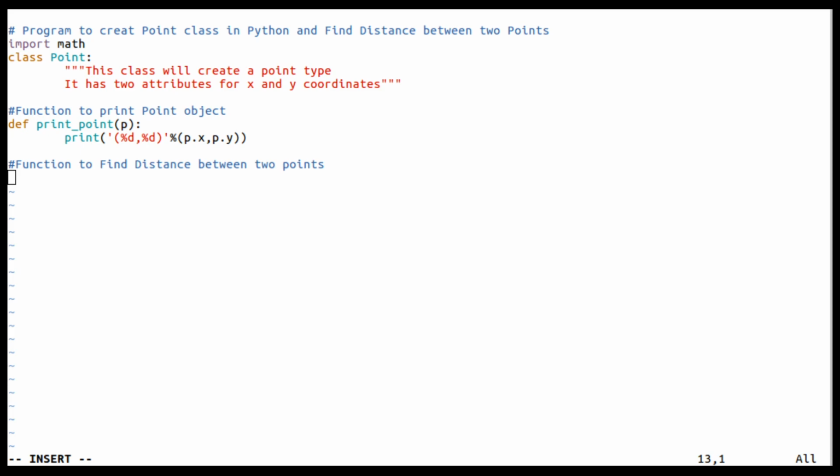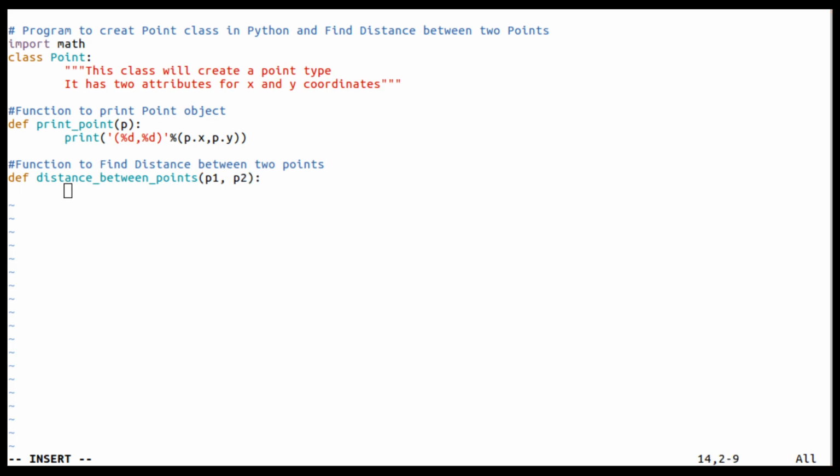Let us first define a function called distance between points. Because we should find the distance between the points, it is going to take 2 point objects. One I'll name as p1 and another as p2.